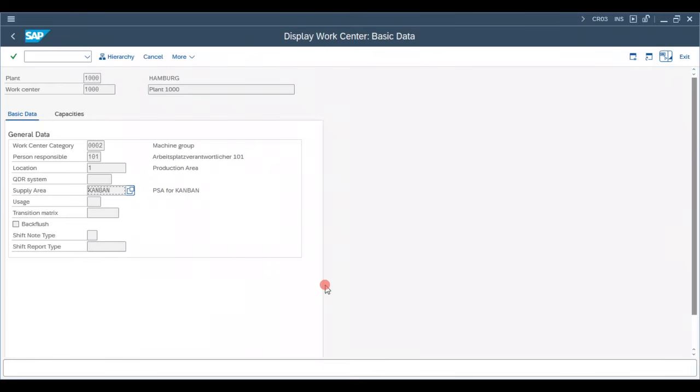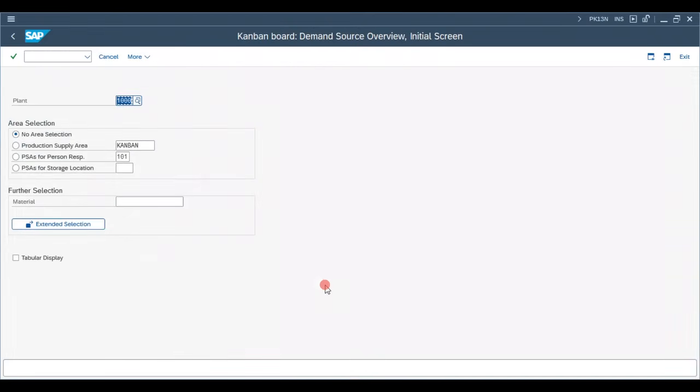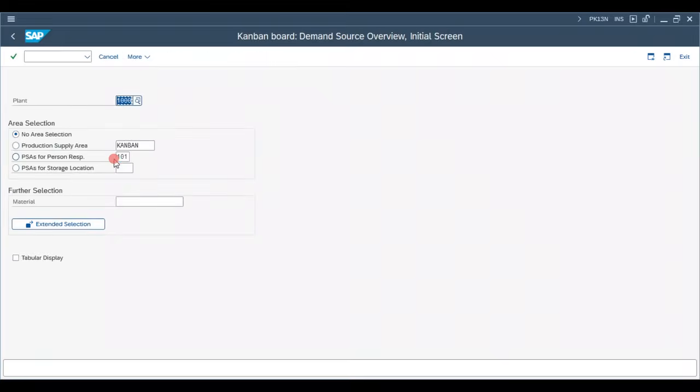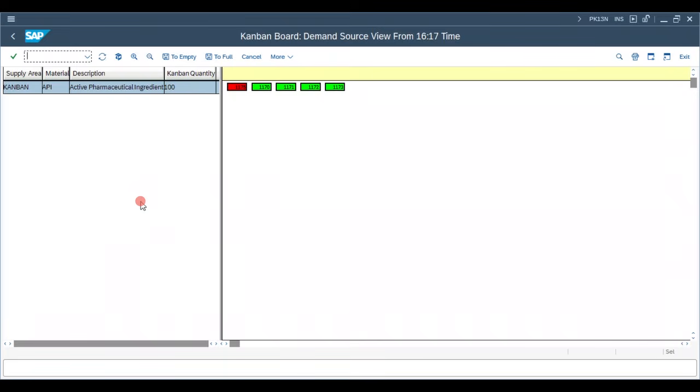So having said that, we have created the required configuration, and we have assigned the required master data. Now we will go into the execution process, which is through the PK13N transaction. In this transaction, you have these options where you can choose via the production supply area, PSA, which basically stands for production supply area, or for a person responsible, or based on a storage location. But here we will go across the plant. So hit enter, and now you can see all the materials and their corresponding supply areas that are relevant for the Kanban process. But for the ease of understanding, I'll go back and enter my material API so that I can work on only this particular